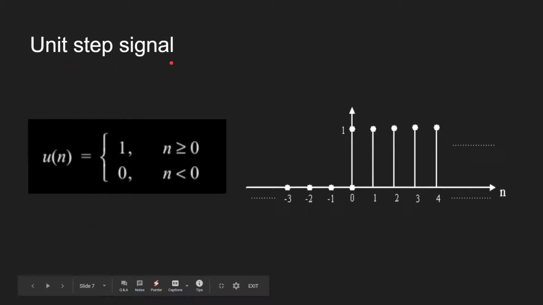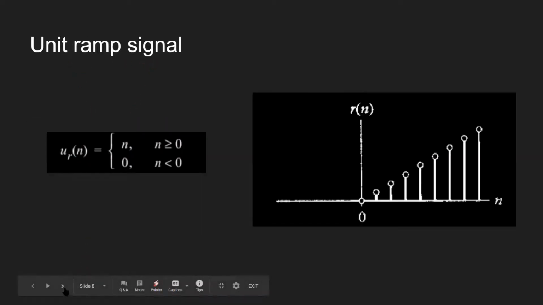Next is unit step signal represented by u of n. So unit step signal implies that 1 exists for all values n is equal to 0 and greater than 0. So from origin and so on up until plus infinity, you will have value of 1 for x of n, and here everything will remain 0. And u of n again will always represent unit step signal. This is something that needs to be remembered.